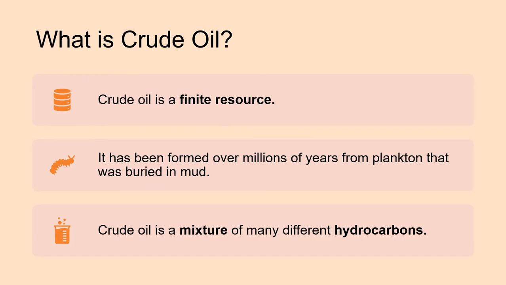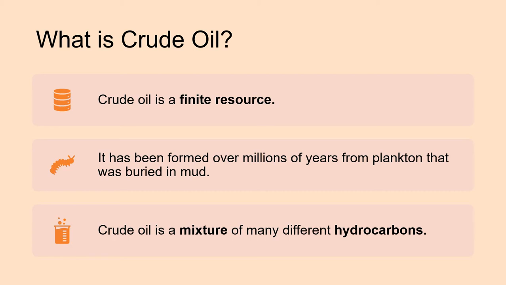So crude oil is a finite resource, which means that it is non-renewable and can only be used once. It has been formed over millions of years from plankton that was buried in mud, and these large layers of mud on top of the plankton have created high pressures and temperatures in the absence of oxygen, allowing the crude